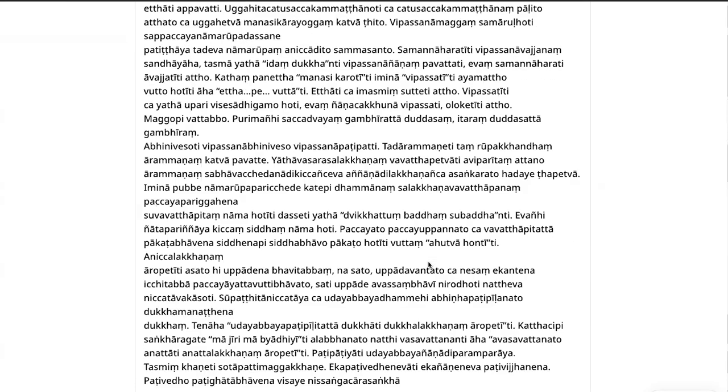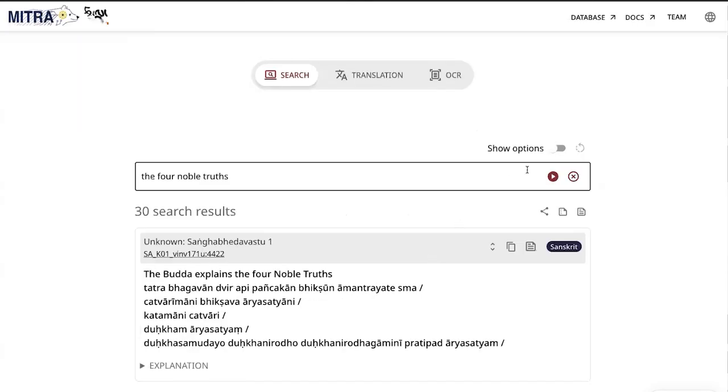And MITRA, of course, cannot give you a predefined set of priorities. So we don't favor Pali text over Tibetan text. We don't give more importance to sutras versus commentaries because all of these questions are really questions that you have to decide yourself. So, in order to get the most out of that, you really have to make use of